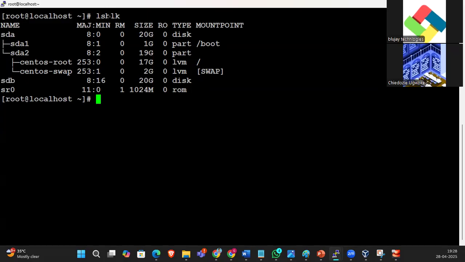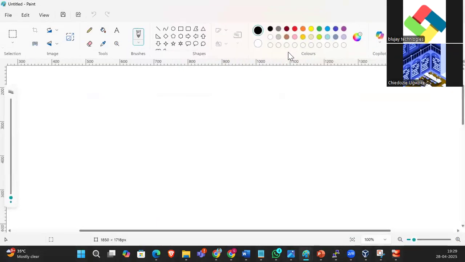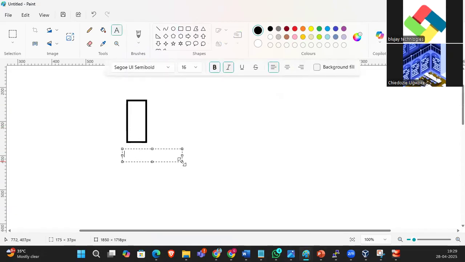Okay. Understood? Now I will tell you one thing here. Whatever the hard disk, for example, this is the hard disk. So what is the naming convention? This is SDA. The same way,